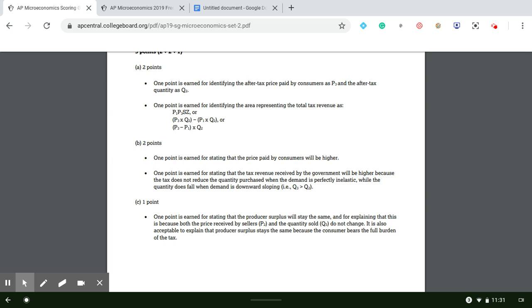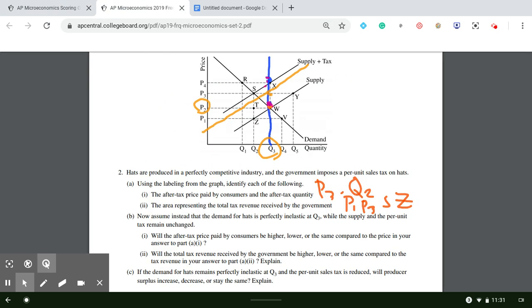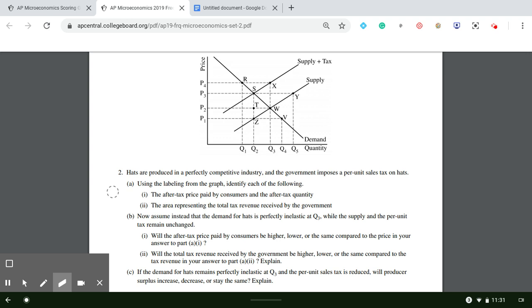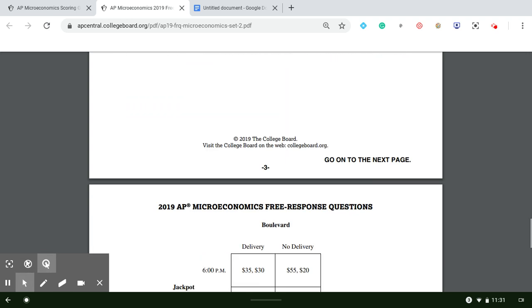1 point is earned for saying the producer surplus will stay the same. For explaining that is both because the price received by the sellers and the quantity sold does not change. Okay, again, that's seeing it graphically, or also acceptable to explain that the producer surplus stays the same because the consumer bears the full burden of the tax. And of course, that's because it's a perfectly inelastic demand. Okay, so whoever's more inelastic bears more of the burden. And if somebody is either perfectly inelastic on supply or demand, they're going to take the total burden. Okay,